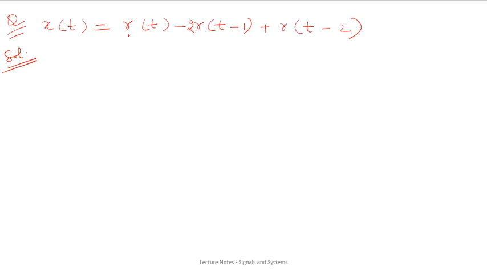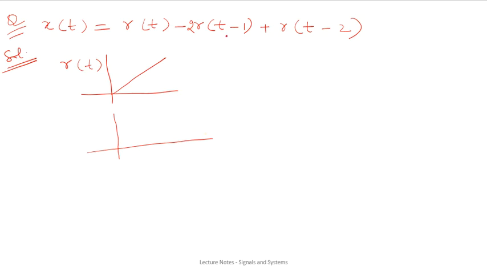Now this signal is actually consisting of 3 different ramp signals, and all these different ramp signals have different shifting values and different scaling values as well, amplitude scaling if I talk about. So again, you just have to proceed in steps as already explained by me in the previous problems, that first you just draw the ramp signal. So this will be your ramp signal r(t), then what would be twice of r(t minus 1),